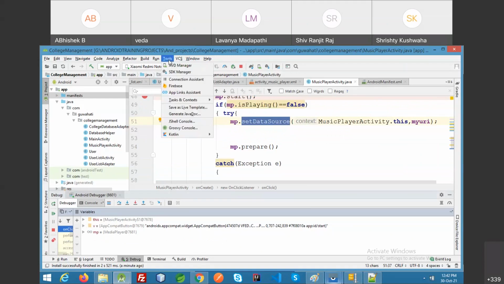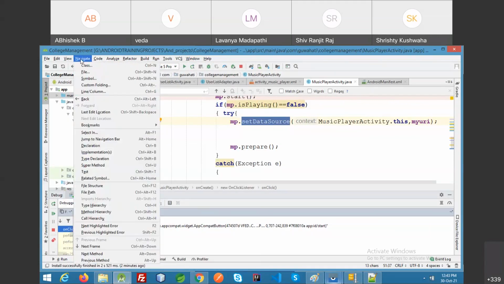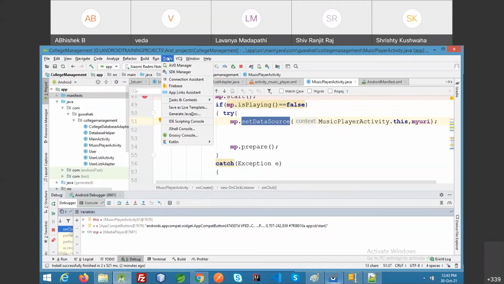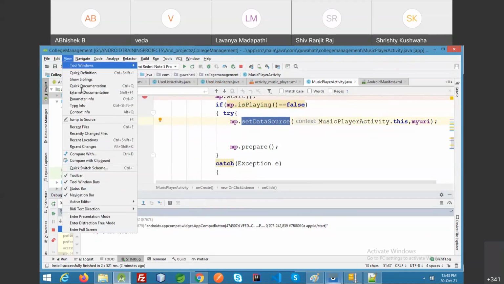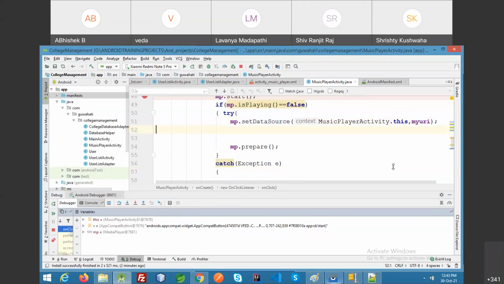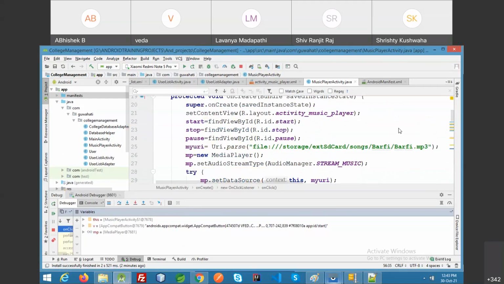So tools, yesterday in the view, you give the location of a song.